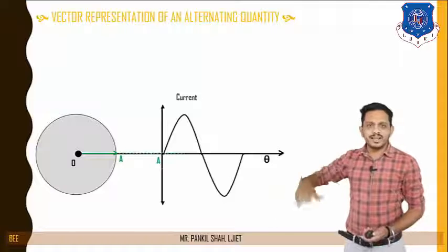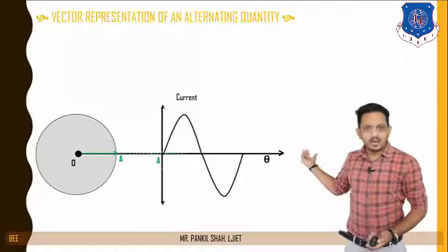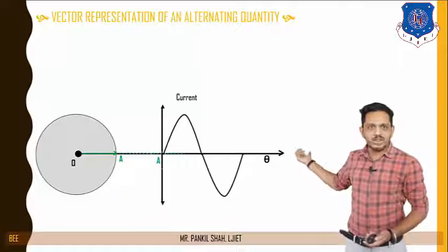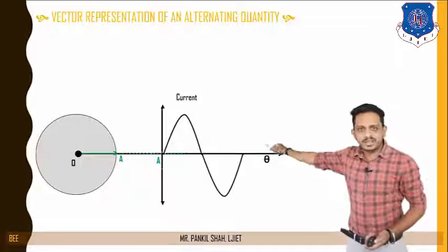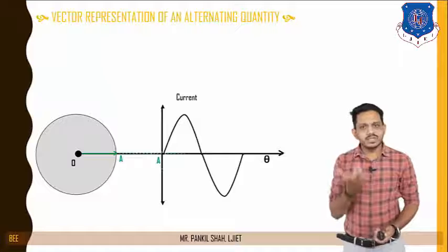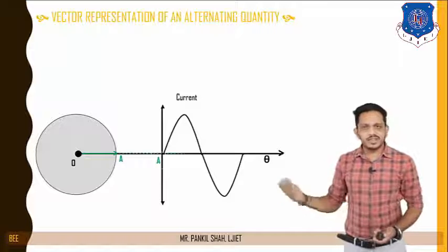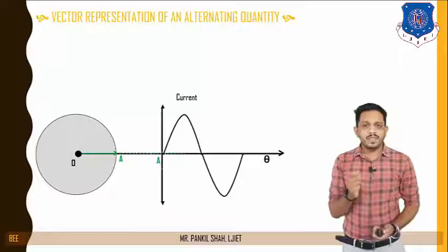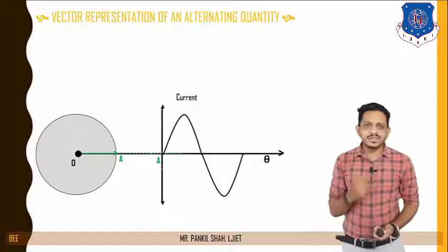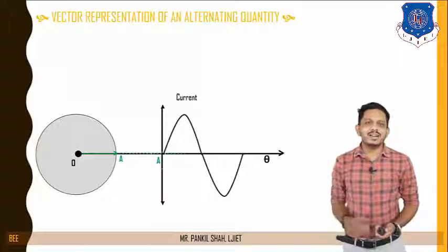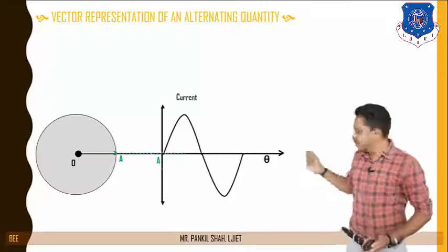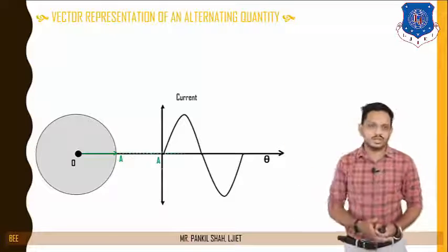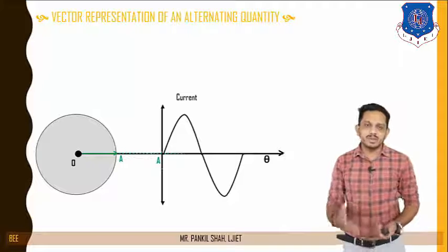So you can define that OA vector here, and with respect to this OA vector you can define one point in that waveform at zero angle. So this is our first vector, which we can define at 0 degree. Whenever in this chapter we say that our vector is at 0 degree or at the reference position, then you must use this OA position, because this is the reference position.